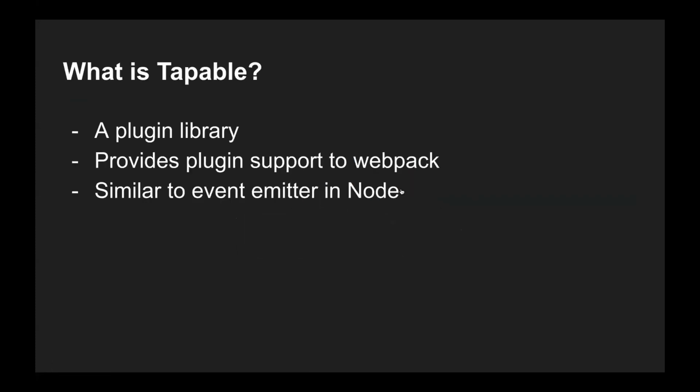Okay. So Tapable is actually, when I say Webpack consists of plugins and loaders, right? Webpack gives you flexibility to add any kind of plugin that you want. Webpack allows you to add a plugin for any purpose. So Tapable is a library. It's a very small library, 200 or 230 lines, which gives you a plugin system in Webpack. It gives you plugin support in Webpack where you can directly write plugins on top of Webpack. If you want to do anything, right? When I said HTML Webpack plugin, it is used to generate HTML from a template. So you're giving that support to Webpack through this plugin.